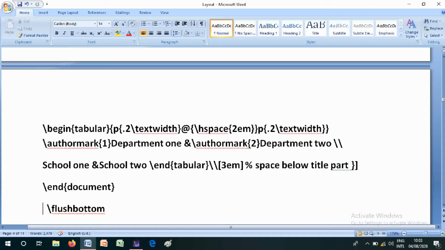\begin{tabular}{p{0.2\textwidth} @{\hspace{2em}} p{0.2\textwidth}} \othermark{1} Department 1, \othermark{2} Department 2, School 1, School 2 \end{tabular} \\[3em] % below the title page. The percentage sign is also called comments in LaTeX. \end{document}